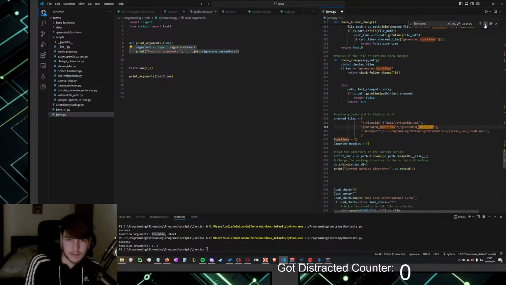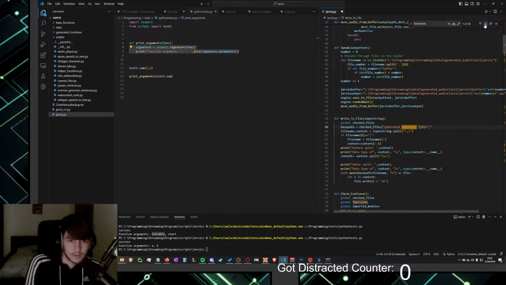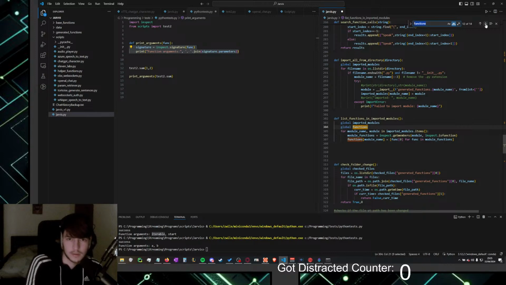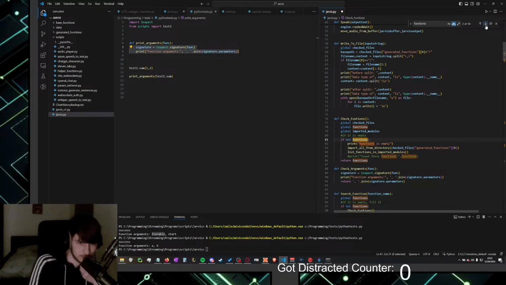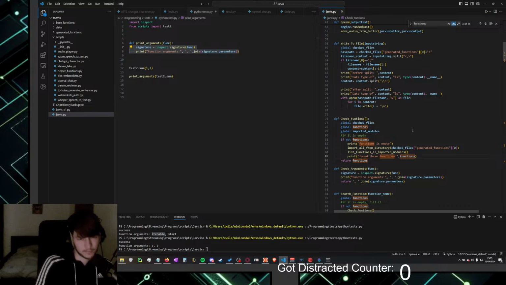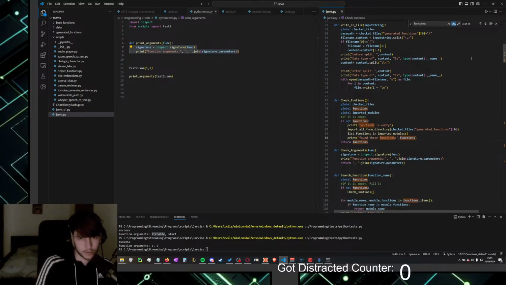Wait, is functions? Where is this defined? Wait, this. Okay, it's a dictionary. Okay, let me do that again. Let me print that for once.